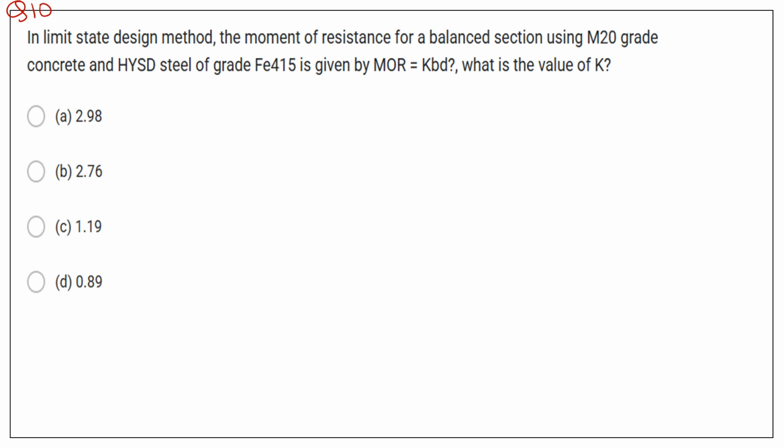In limit state design method, the moment of resistance for a balanced section using M20 grade concrete and HYSD steel of grade Fe415 is given by MOR, moment of resistance, equals KBD square. What is the value of K here? So the value of K is what they ask. The formulas for the moment of resistance are